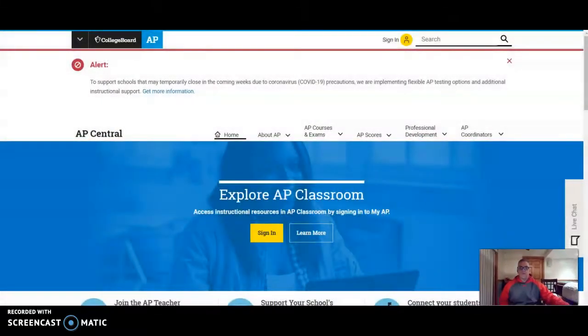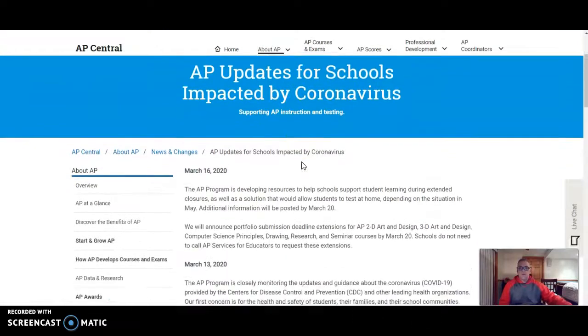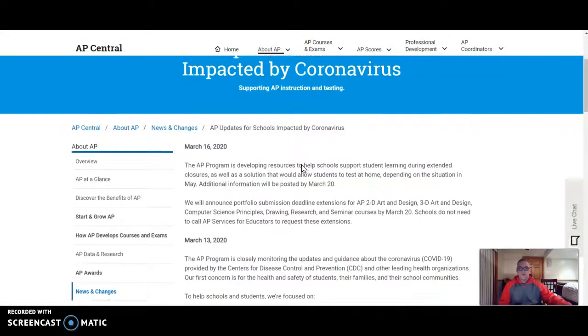So I'm going to minimize myself here a little bit. There we go. And I just want to bring some information to you that I just became aware of. This is the College Board website that we're taking a look at here under AP. And when we click on it regarding updates for the testing scenarios regarding coronavirus,